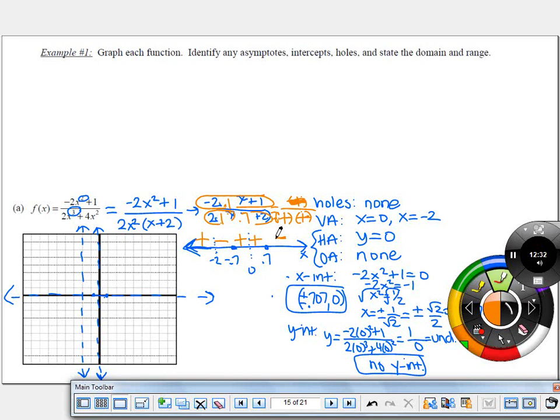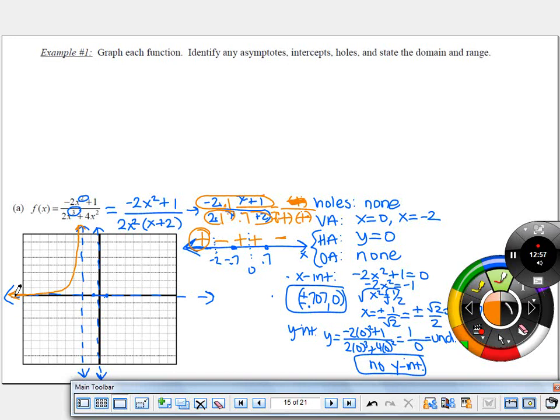All right, so what does this mean? This means my function is completely positive or completely above the x-axis. All the y values are positive on the left side of the asymptote at negative 2. So given that I have asymptotes here and I know the end behavior has to follow this and it's going to rise up along the asymptote, and I know that it stays positive and there's no x-intercept there, that would be my estimate of a curve